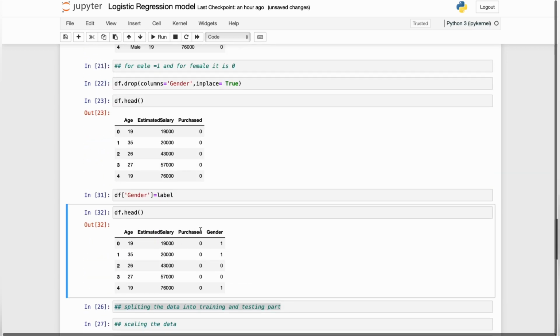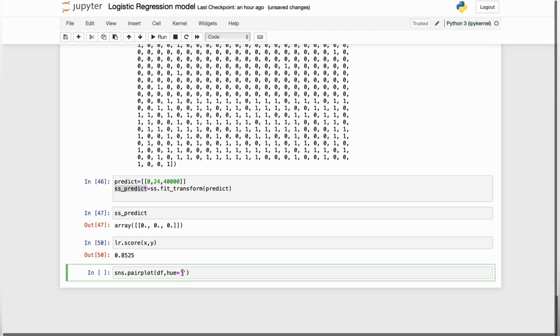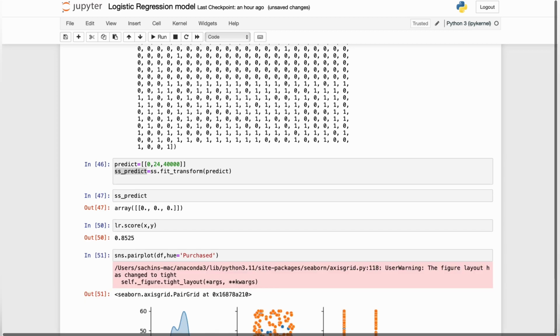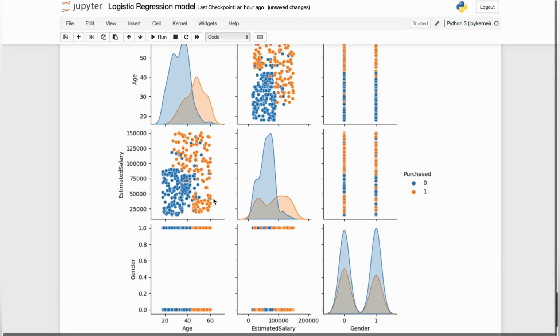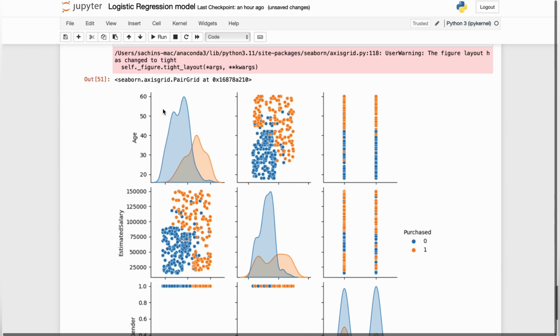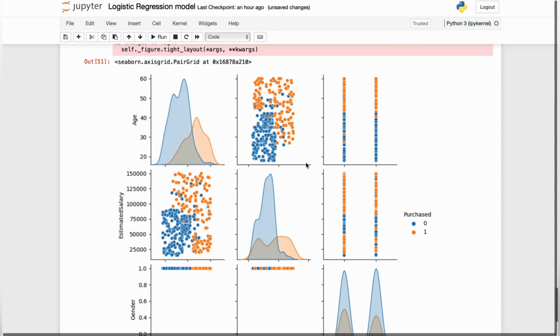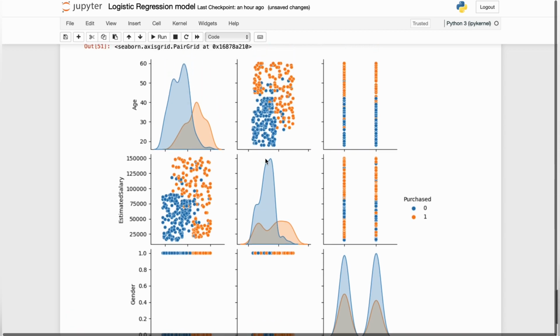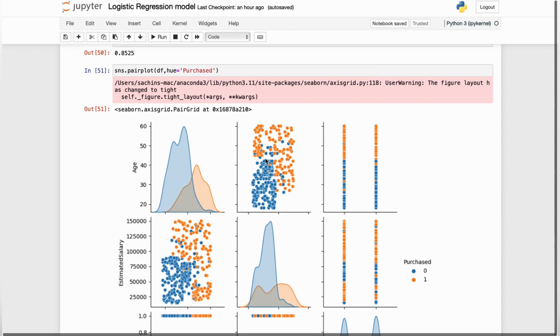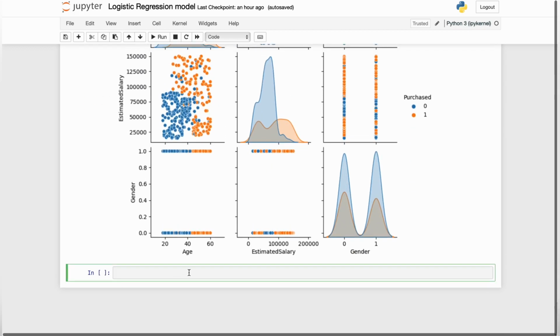we store our independent variables and the one we want to predict. So here the dependent variable is purchased. As we can see, there are different charts here, on the basis of which we can see the correlation between the dependent and the independent variables. You can use these charts to visualize the data and find the correlation between the data. So in the next step, we will print a classification report which will help you to identify